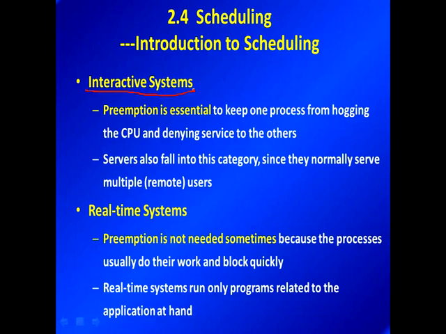How to say, not immediately, but in a very short time. You have to give the response to the users for interactive systems, because that's what the users expect. So if the users,